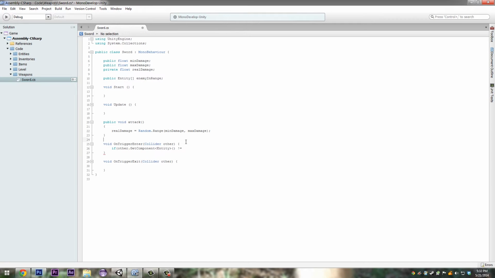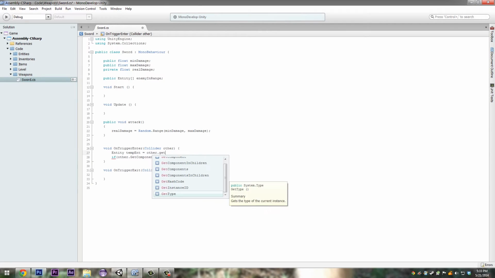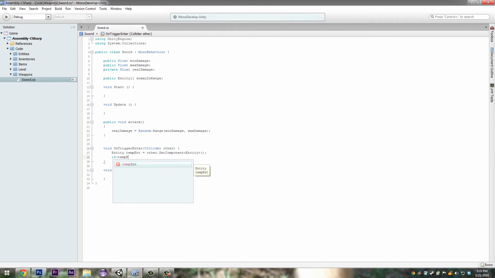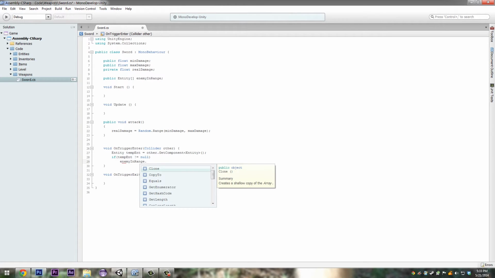Actually, we'll do entity temp ent equals other dot get component entity, and then if temp ent does not equal null, then we do enemy in range dot